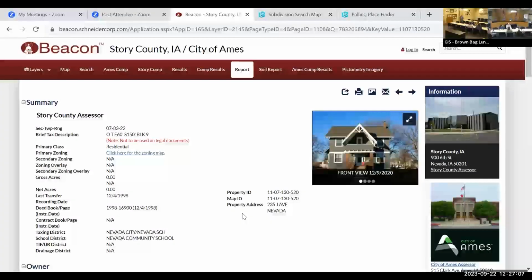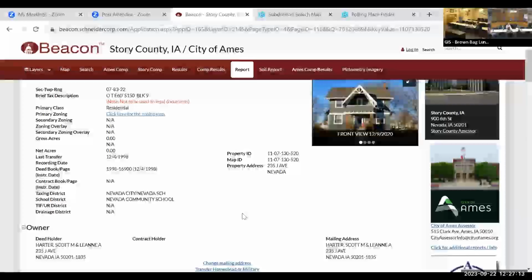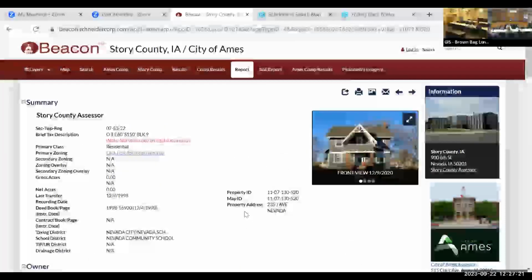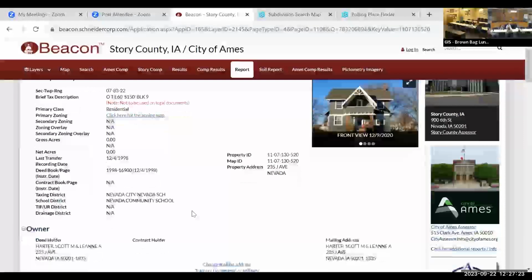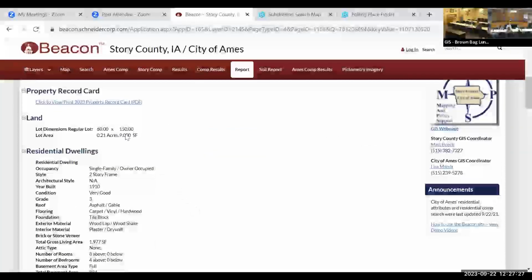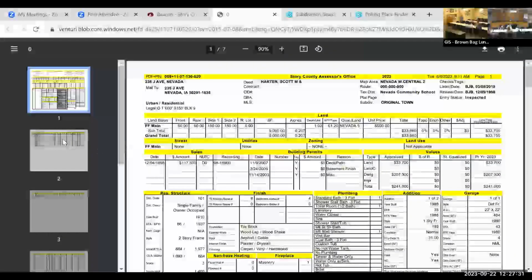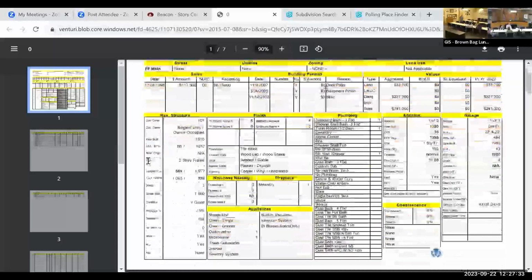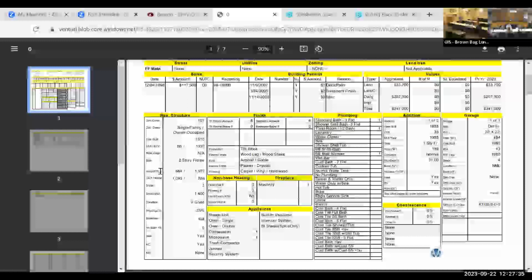So yeah, we have a fairly recent photo. And I should mention, we do share this with Ames as well. So we have one portal, so you can go to the site and search for Ames or Story County addresses, or sometimes you don't know where it's at exactly. If you just want to scroll down, click on the property record card. If you want to click on that link, we'll see, hopefully, these live demos. Oh, there we go. Nice detailed list from the assessor's office.